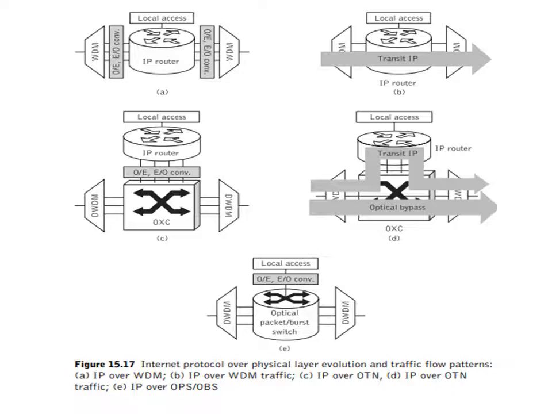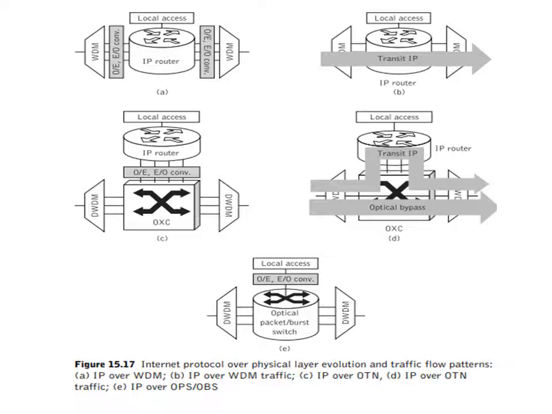The OXC, optical cross connect, switches the node, or it can be used to switch without termination in the optical domain, without any optoelectrical conversion. So it can be seen in figure C. And both IP over WDM and IP over OTN can be considered non-reconfigurable since they rely heavily on the existing SDH, SONET or ATM based network hierarchies.